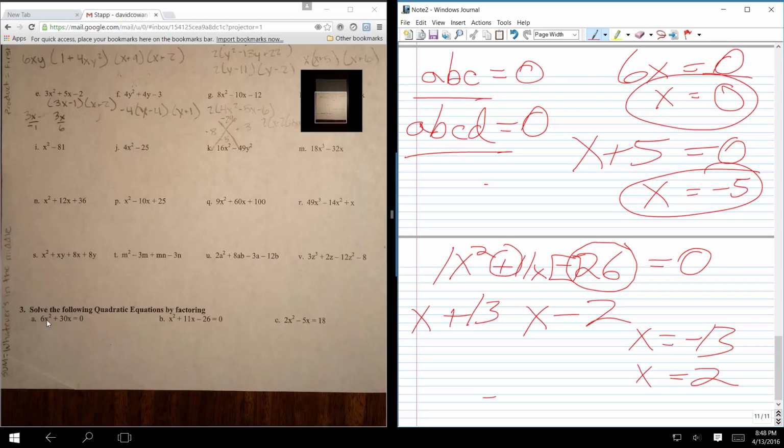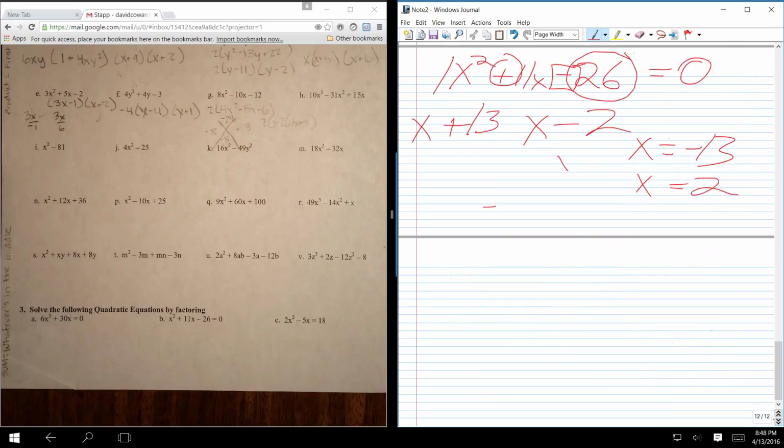Now notice it was 6 on A. But we factored out that 6. In other words, we were able to take that 6 away, and what I was left with was x squared plus 5x, which I could factor. So, but the next problem,